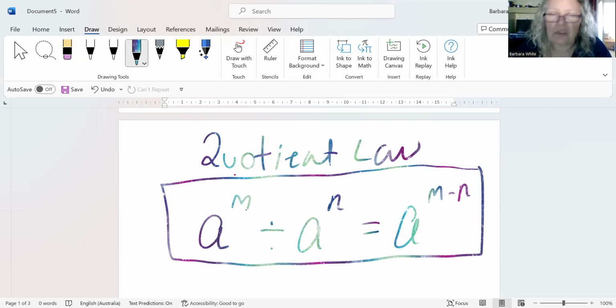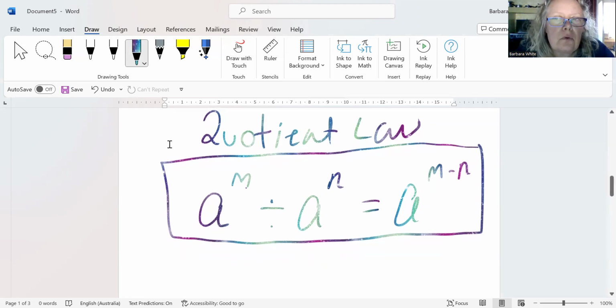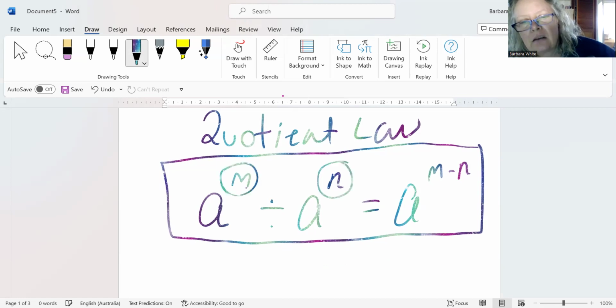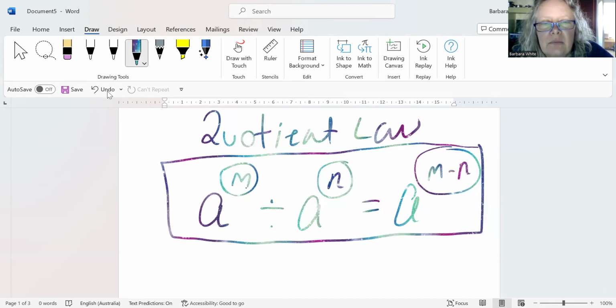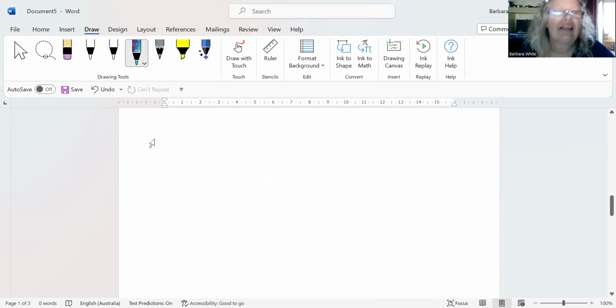Okay, so that should be straightforward initially. You just take this, get your first number, which is m in this case, take away the second number, and that is the power in your simplified form. Then it might get a little bit trickier. Okay, what if we had